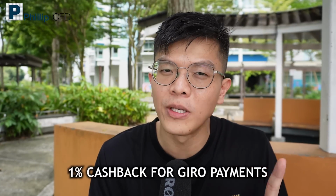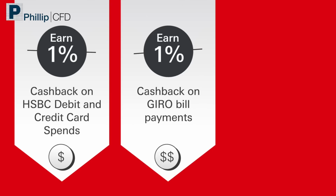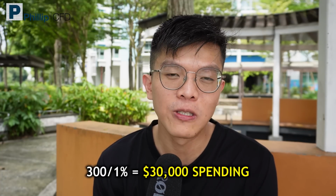And not only that, the more important thing is that it gives you 1% cashback for every GIRO bill payment. Anything that is paid out via GIRO, the automatic deduction every month, be it for your income tax, insurance, telco, or any other bills that require GIRO deduction, will get 1% cashback. But of course, there's a cap, because the Everyday Plus cashback cap is at $300 a month. And that is a very generous cap already, because 1% for $300 means you need to spend $30,000 to hit $300 cashback. It's a very generous cap, which is why I really encourage all of you to sign up for